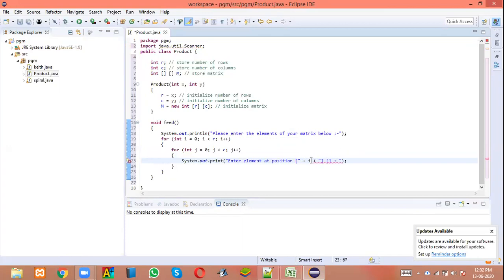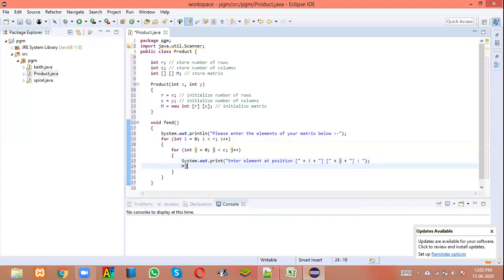So i is the row number. Also show the column number. So when it is 0, 0, it will come as enter element at position 0, 0. When it is 1, 1, it will come as enter element at position 1, 1. Suppose it is 4, 3, it will come as enter element at position 4, 3. So it's a very neat way of displaying. I like to do very neat programs. Okay. Then what we'll do?